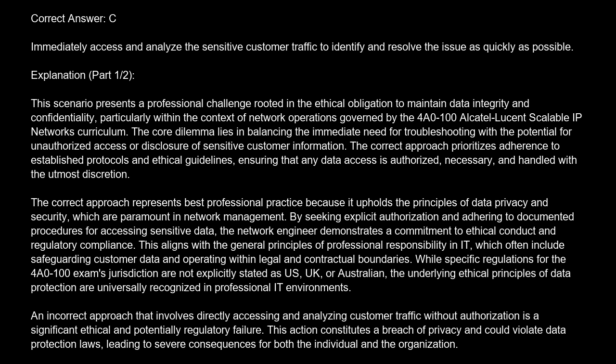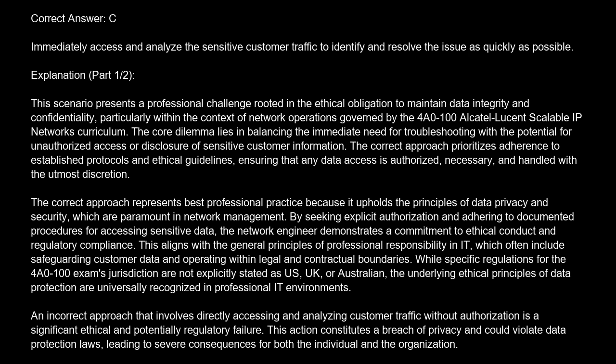The correct approach represents best professional practice because it upholds the principles of data privacy and security, which are paramount in network management. By seeking explicit authorization and adhering to documented procedures for accessing sensitive data, the network engineer demonstrates a commitment to ethical conduct and regulatory compliance. This aligns with the general principles of professional responsibility in IT, which often includes safeguarding customer data and operating within legal and contractual boundaries. While specific regulations for the